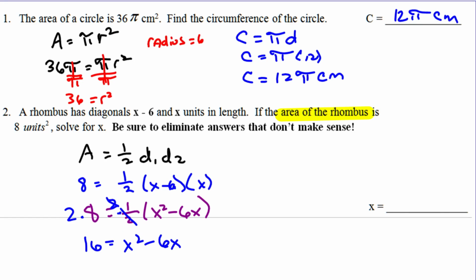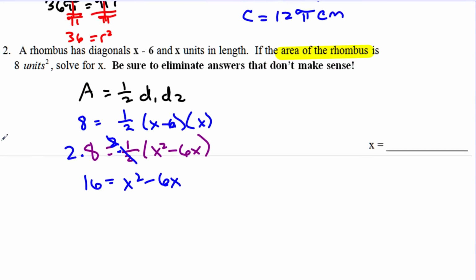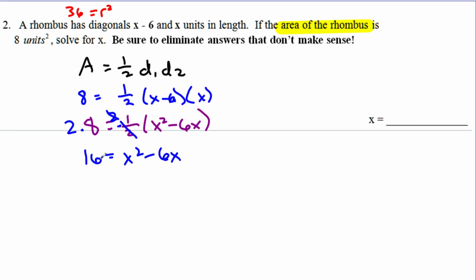Most problems that have squareds in them, you want to set equal to 0. So I'm going to subtract the 16 over to the right. It's going to say 0 equals x squared minus 6x minus 16. And now we can factor, right? So to factor this, I'm going to say what numbers multiply to negative 16. Those same numbers should add up to negative 6, and we do have values. That would be negative 8,